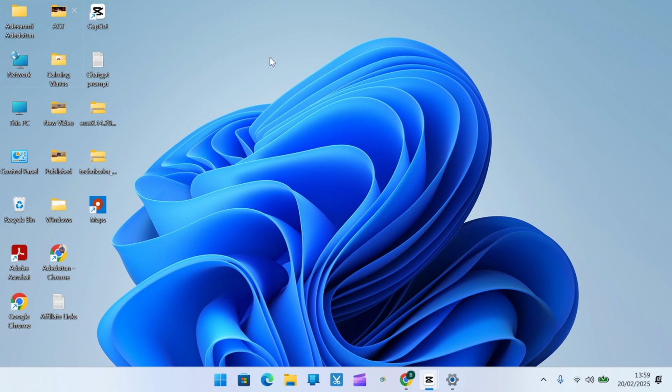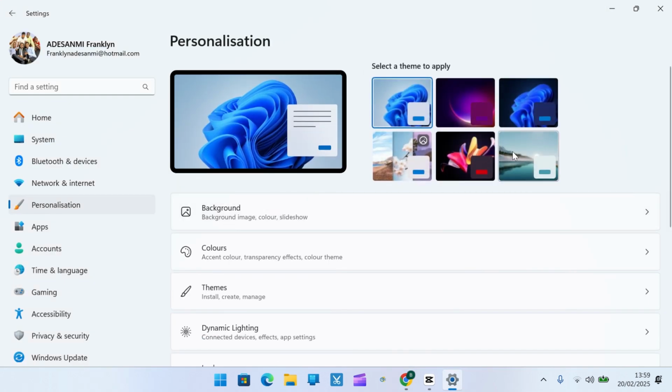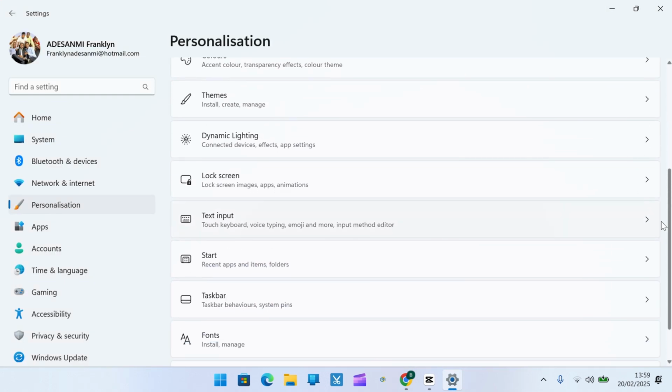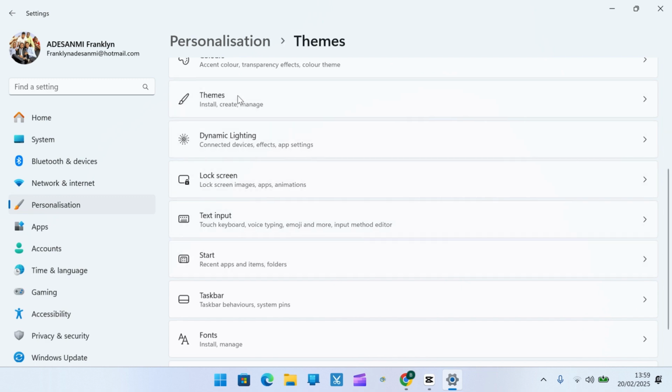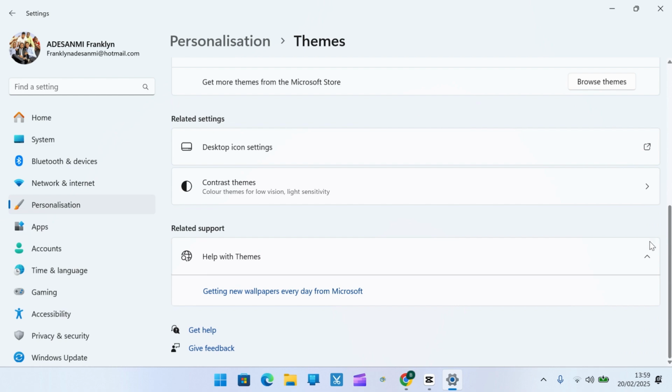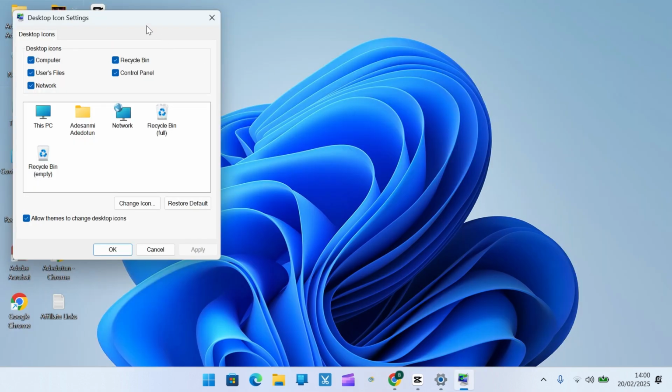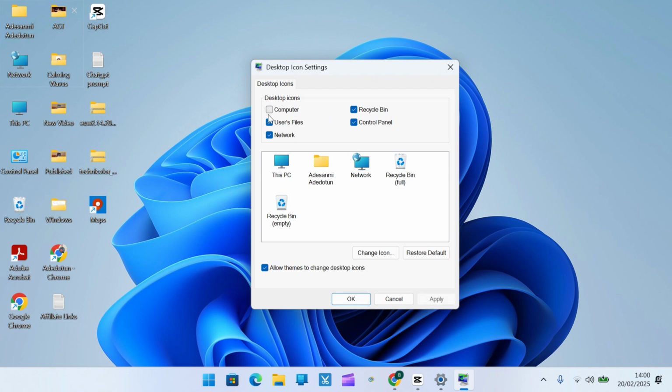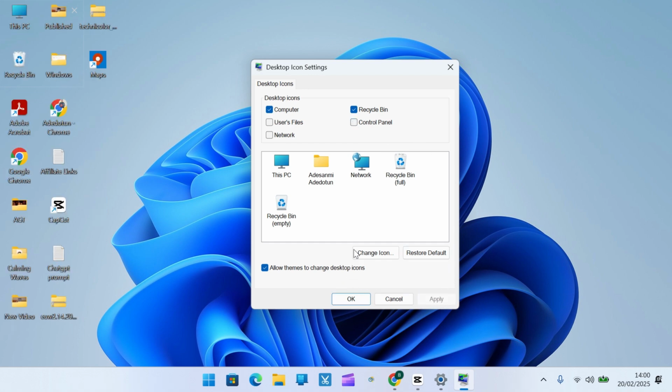Now to remove desktop icons from your Windows, right click on the desktop, select personalize, then under personalization scroll down, click on themes, scroll down the themes page and click on desktop icon settings. On the desktop icon settings, uncheck the desktop icons you want to remove. So just go ahead and uncheck the desktop icons you want to remove, click on apply,